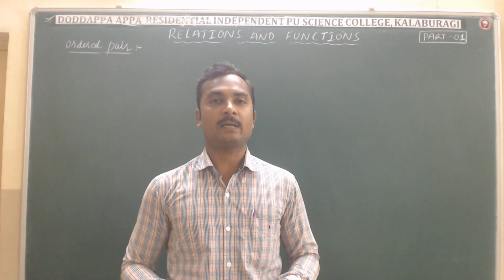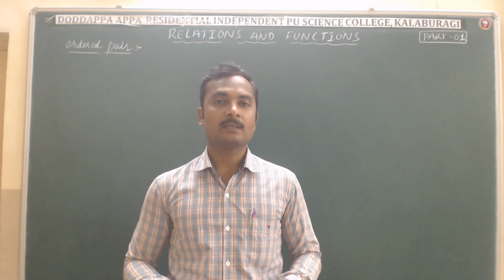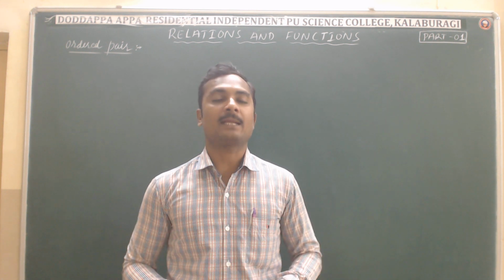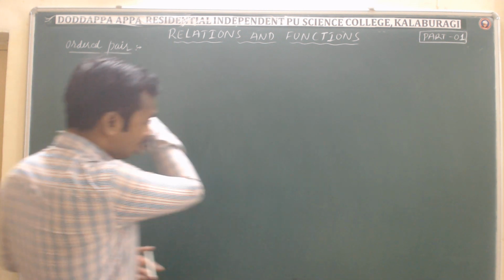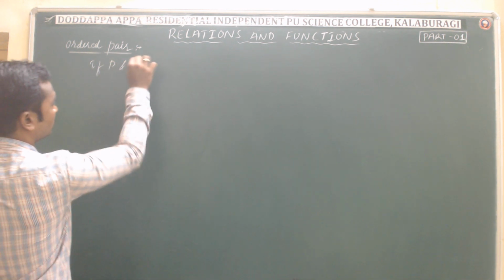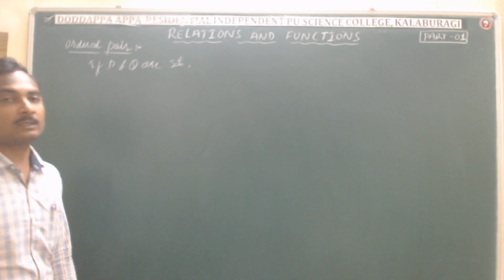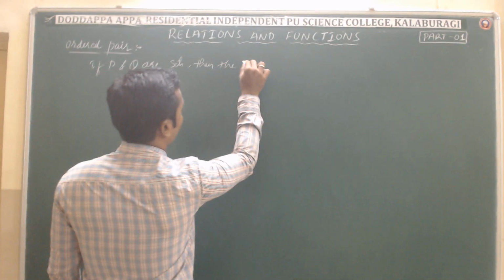The group of two elements written using these brackets, and with some proper relation. Okay, so what is that? The ordered pair, if P and Q are any sets, then the ordered pair